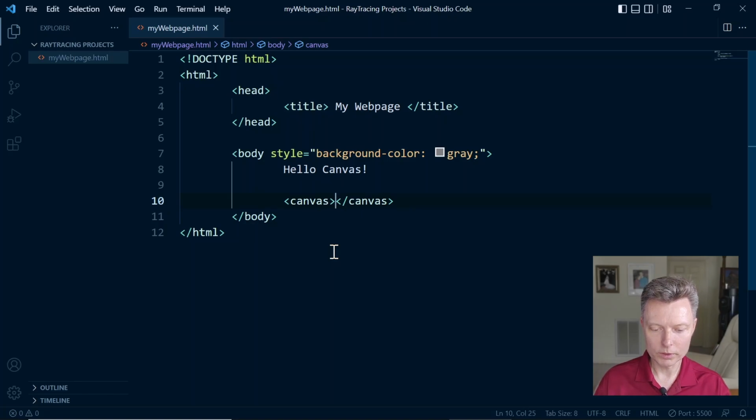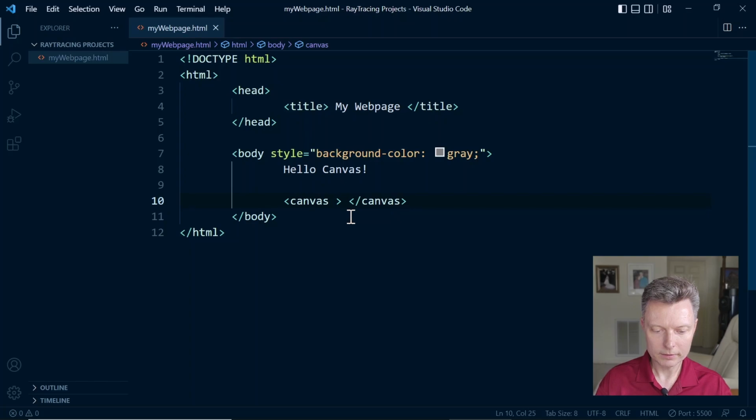I like to put just one small space here, just so I can see where the opening tag starts and ends and where the closing tag starts and ends. And then, much in the same way that we did the inline style for the body element, we are going to do an inline style for the canvas element as well. So let's try that. Click between the s and the greater than sign. Move your cursor right between those two characters, and now